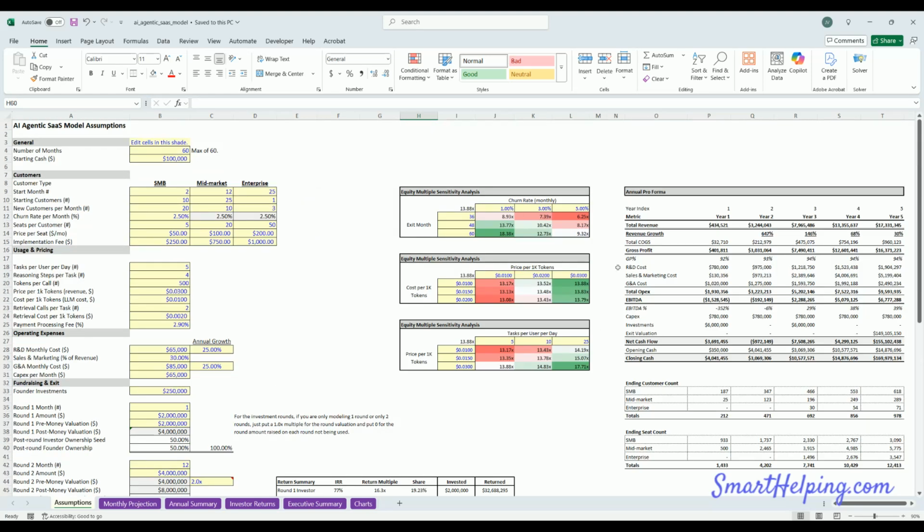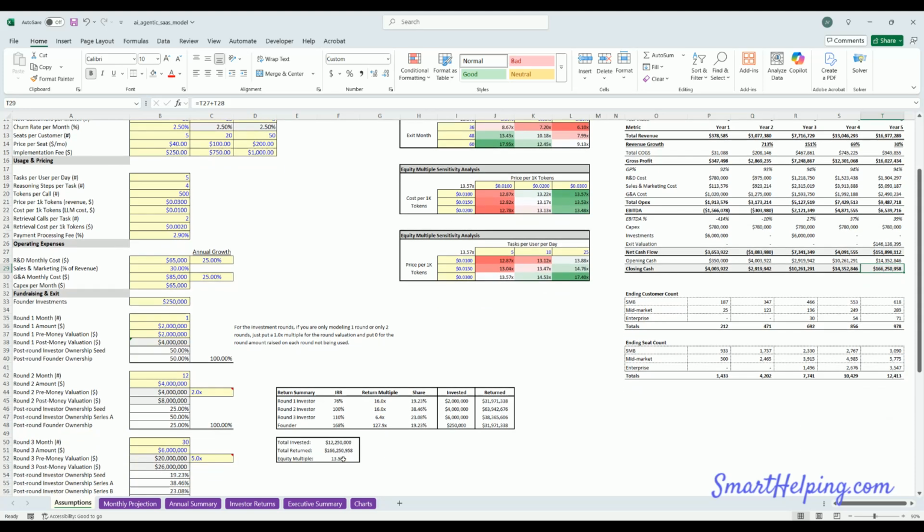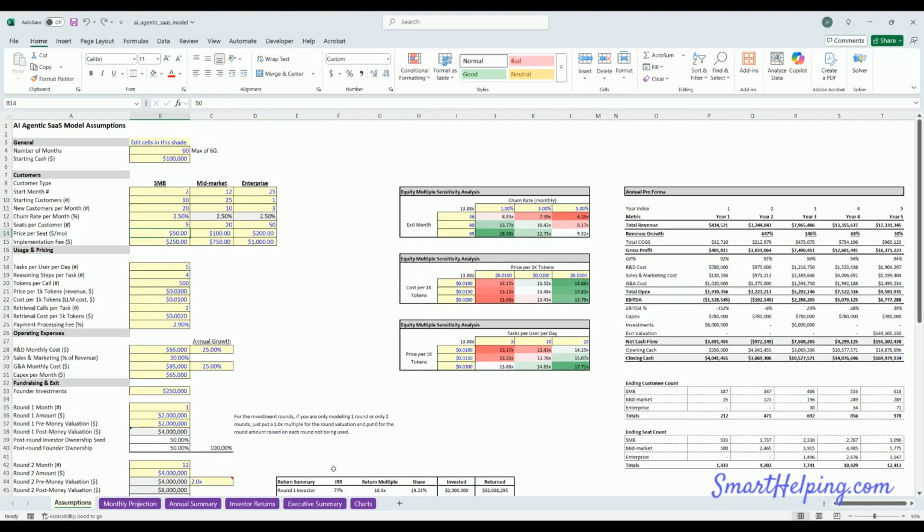What else do we have here? I put the annual pro forma rate on the main assumptions tab so you can see what happens as you change these figures. For example, what if we only charged $40 a seat for price per seat for SMB? Our closing cash goes from 169 down to 166 million, and our equity multiple, it was at 13.8, goes down to 13.5. So it's pretty nice to be able to adjust these and not have to go to different